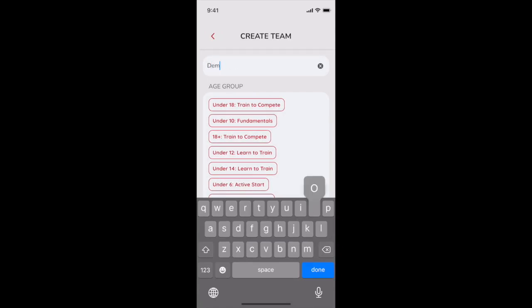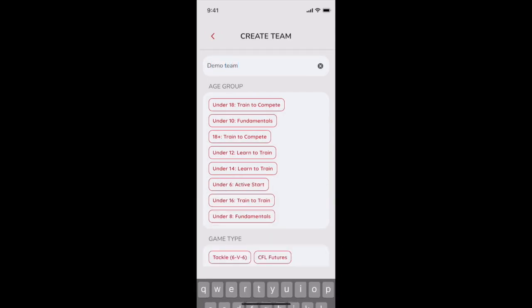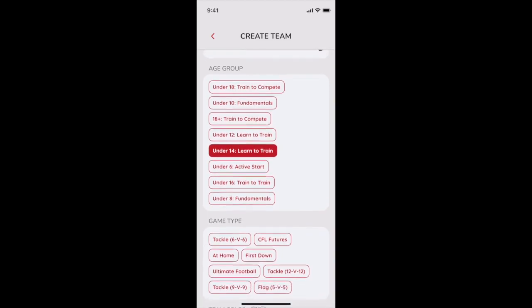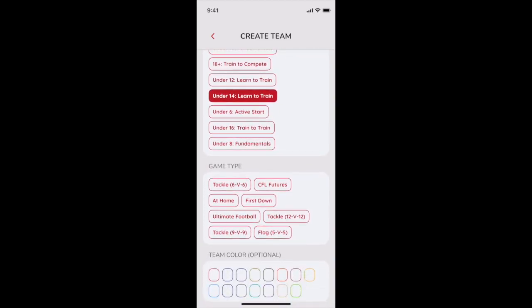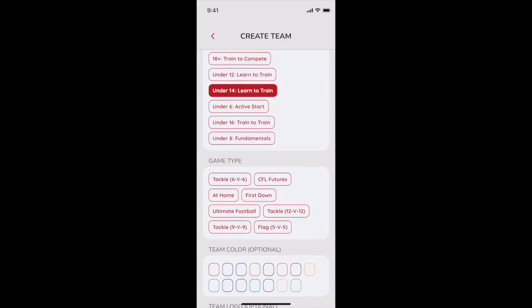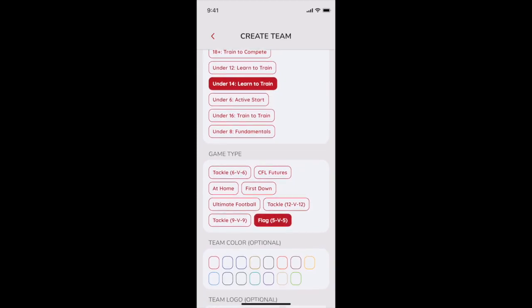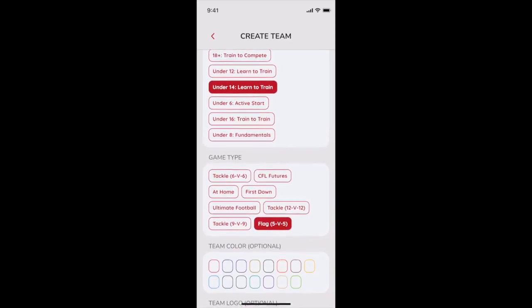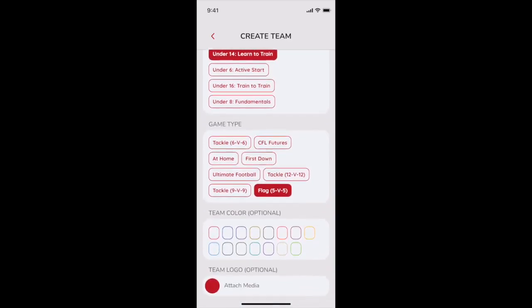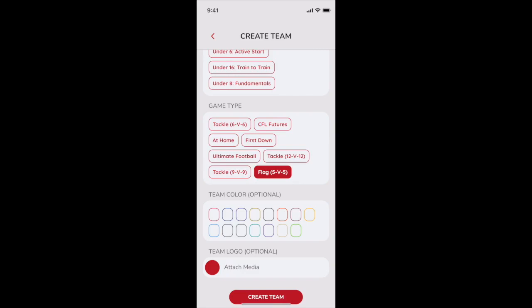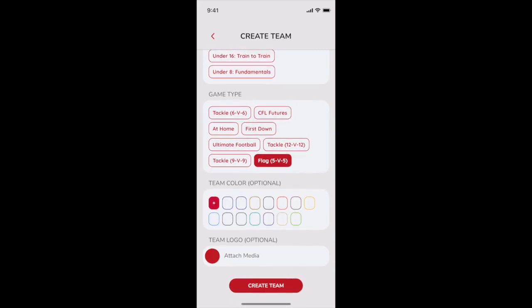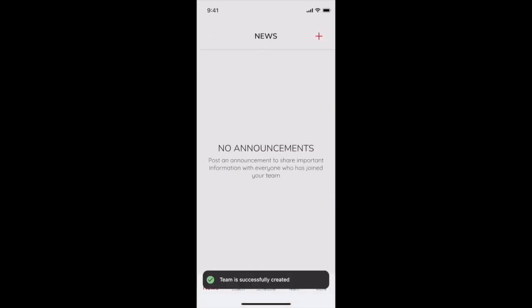I'm just going to put in the name of my team, and all this information can be changed at any time. We just have to pick our age group. So I'm going to pick under 14, and then the game type. So I'm going to click on flag football. So this just helps us personalize the content in your content libraries, and then there is some additional customization options if you would like there. And then I tap create team here at the bottom,